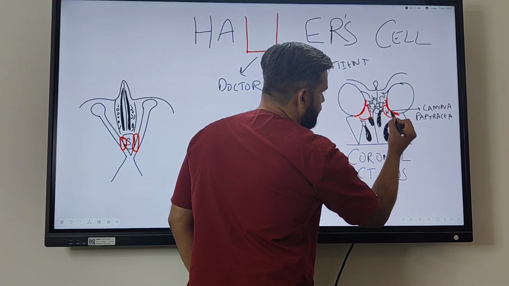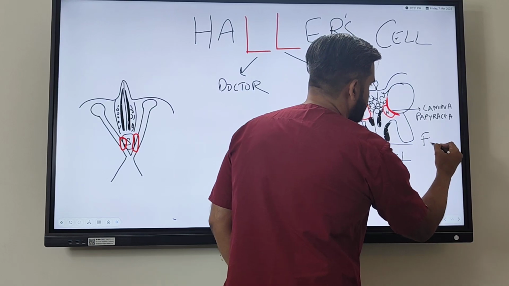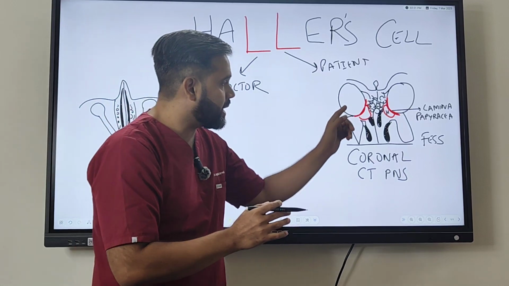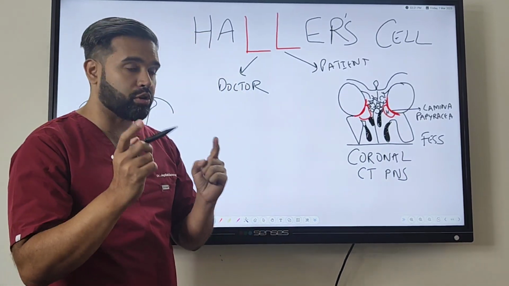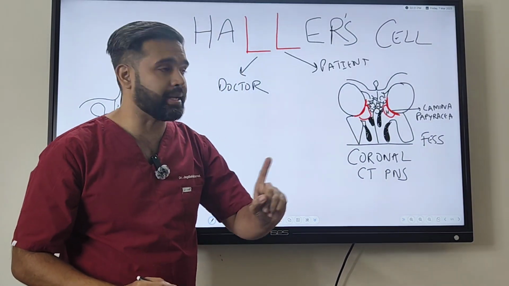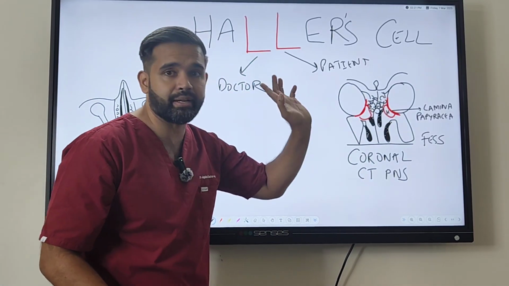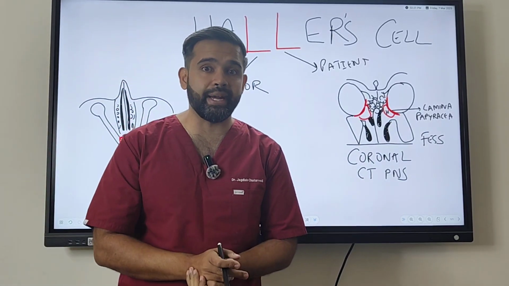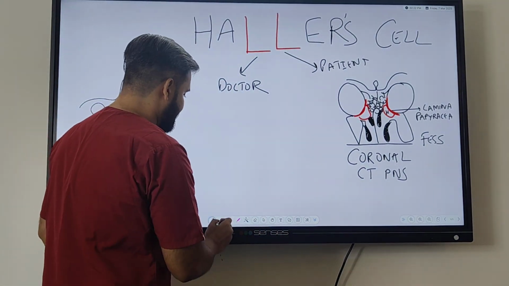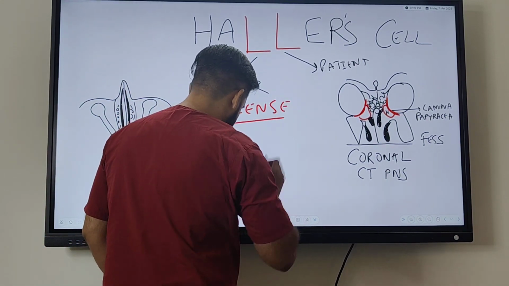It is attached to this lamina papyracea, and while doing FES, which is functional endoscopic sinus surgery, we are going from inside, looking through an endoscope. We will think these are all ethmoidal cells, but we do not know that the Haller cell is there, because if we break the Haller cell, it will break the lamina papyracea और patient का पहला L उसी में लगता है, because then all the orbital contents will enter the paranasal sinus. Patient can go blind on the table, और तब लगता है दूसरा L डॉक्टर का, which is called as the license. Your practicing license का L लग जाएगा.